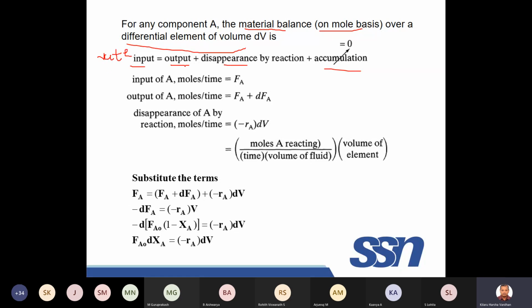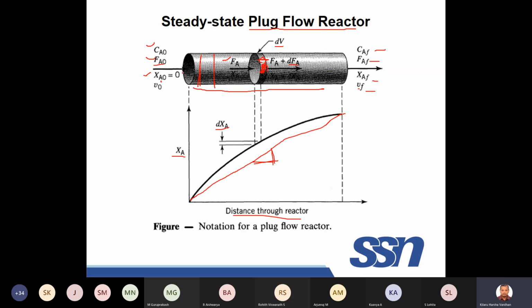So rate of input is rate of output plus rate of disappearance plus rate of accumulation. At a steady state, you are not having any accumulation. That is, how much is going in, that much is coming out. Initially, there will be accumulation, but